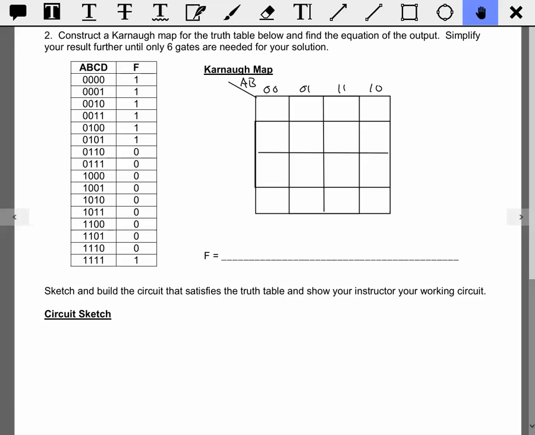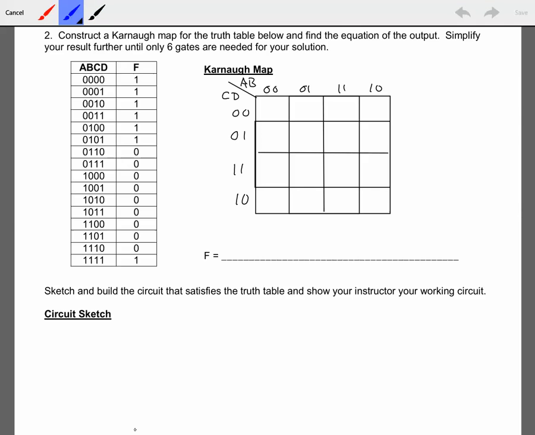All right, and then the vertical axis can be C and D. Our inputs C and D have possible values of 0 0, 0 1, 1 1, and 1 0. Again, notice the reverse order of those two. What we can then do is look at the first 4 outputs of F and see that that corresponds to the first column. And if I were to put them in order, this would be 1, 2, 3, and 4